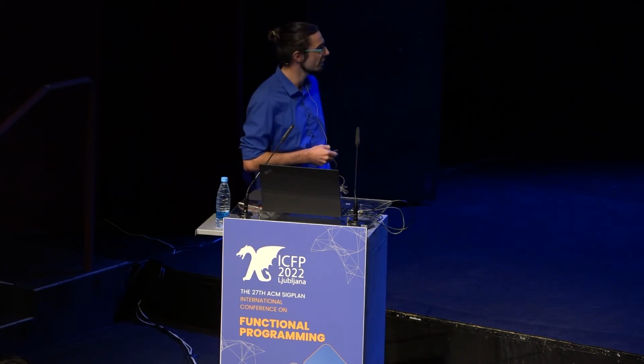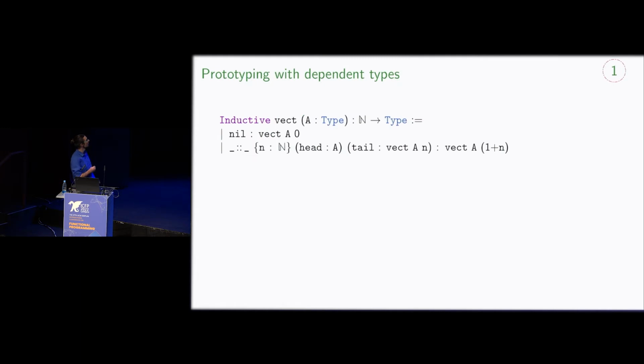So I already had a really nice introduction to the topic of dependent gradual types, but let me try to pitch it my own way another time. My goal in this talk is to try to build a dependently typed proof assistant which is easier to use. So I will use the same example of fixed size lists, this time called vectors, which take an argument,